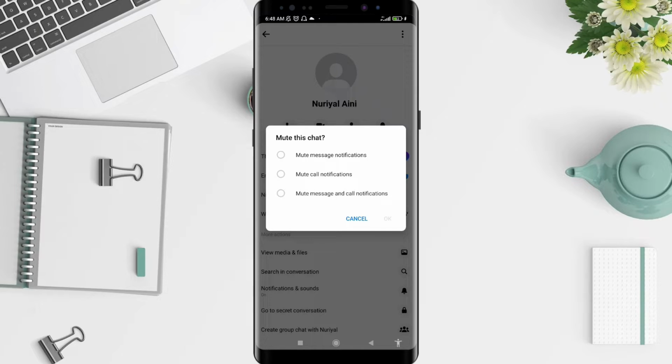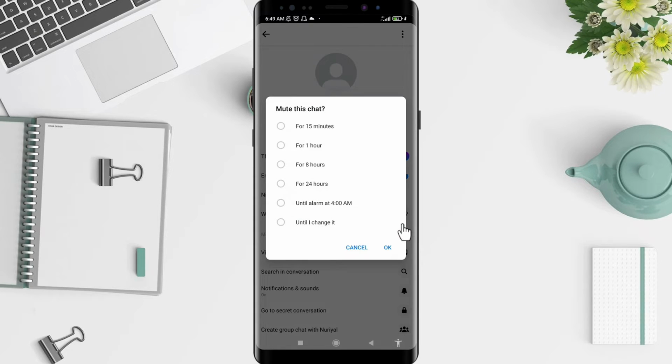You can go to mute messages, and I want to mute all of this. After that, go to OK and tap on OK. Okay, muting this chat has six options. The first one is for 5 minutes, the second for 1 hour, the third for 8 hours, the fourth for 24 hours, the fifth until 4 AM, and last but not least,